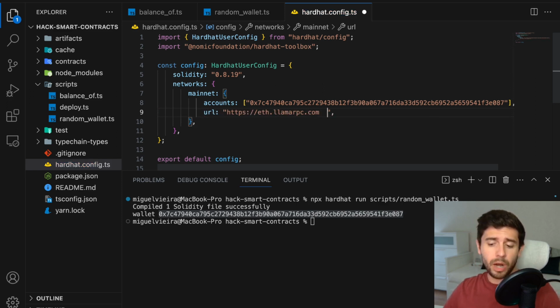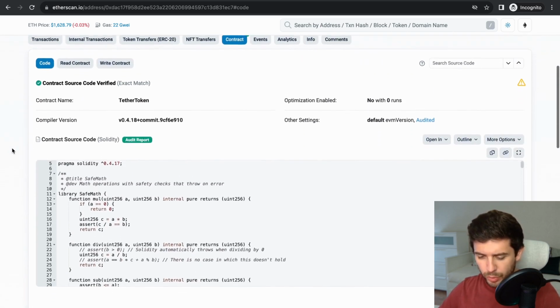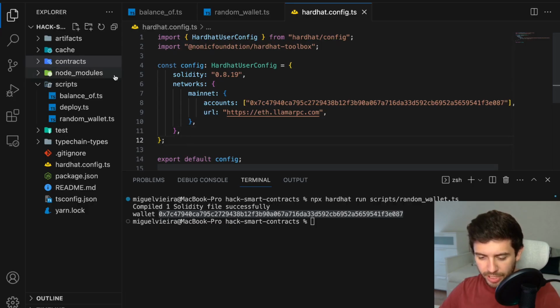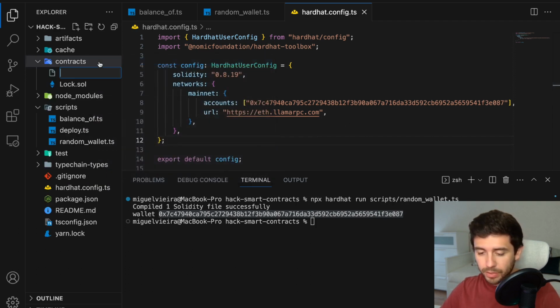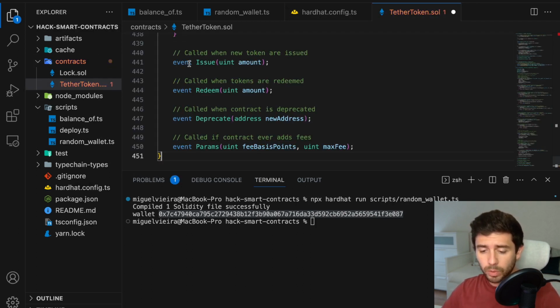Now, the only thing we are missing is the contract itself. So going back into our contract page on the Ethereum Explorer, if you scroll down, you can see a little button here to copy the code. So go ahead and press it. And now on our project, under the contracts folder, let's create a new Solidity file and call it feathertoken.sol. So now simply paste the code you've just copied,